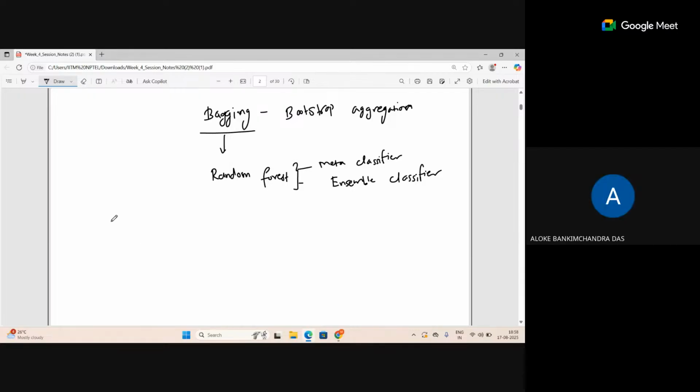Can you once again explain the correlation between random forest and bagging? I'm not able to get it. Okay, random forest is one of the bagging techniques. And what do you do in bagging actually? I'm trying to explain that. The decision trees are there. If I grow a decision tree fully, they tend to overfit. In random forest, which is called an ensemble classifier, what it does is it will take the aggregates of